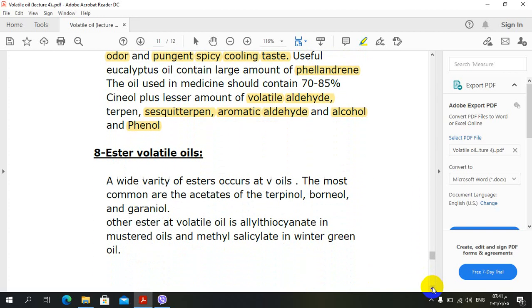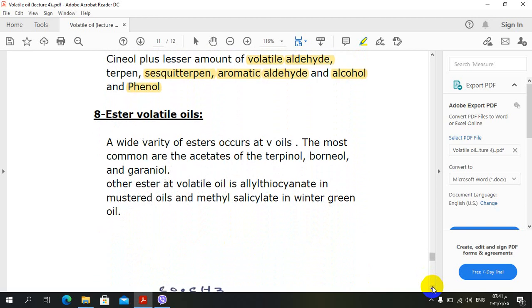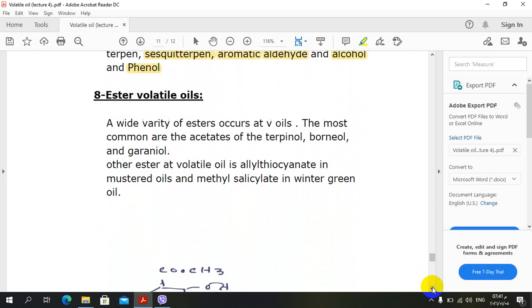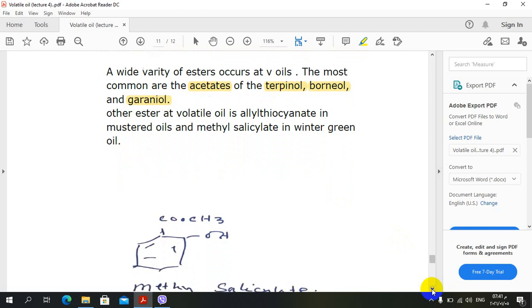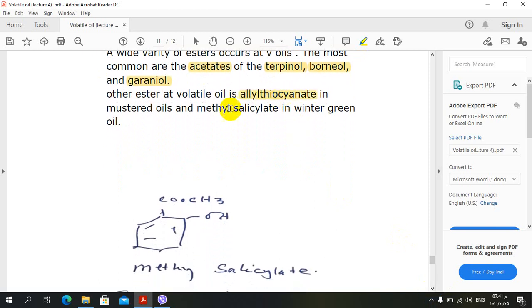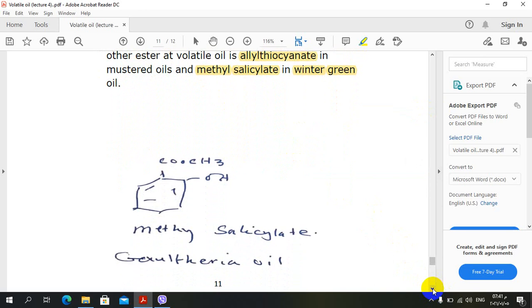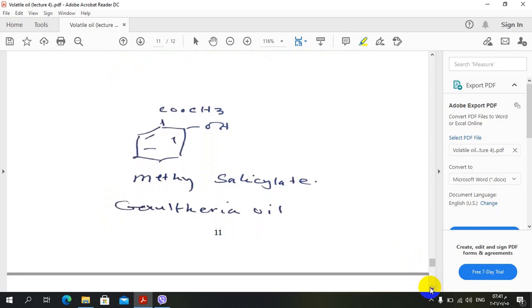A wide variety of esters occur in volatile oil. The most common are the acetates of the terpenols, borneol, and geraniol. Other esters in volatile oil are allyl thiocyanate in mustard oil, this is the khardal, the mustard, and methyl salicylate in wintergreen oil. And this methyl salicylate in front of you, you see the benzene ring or phenolic ring, and the COOCH3 is the ester group that is present, like salicylates. Now